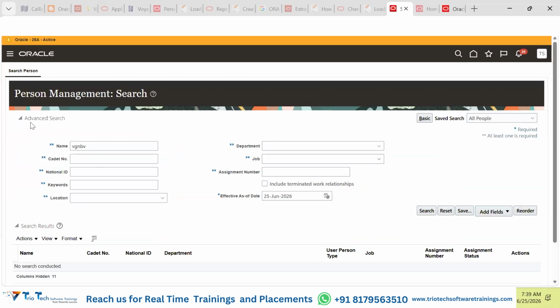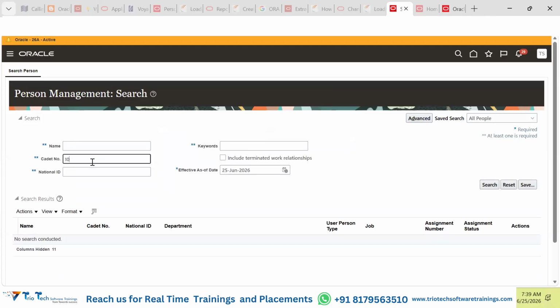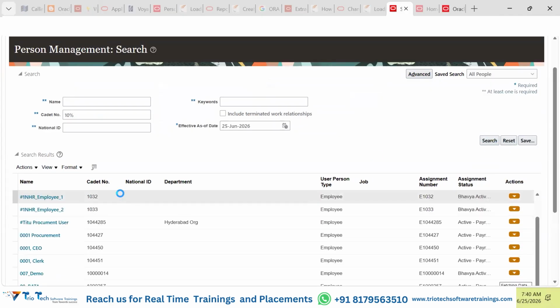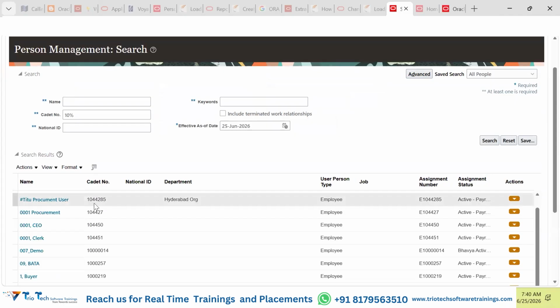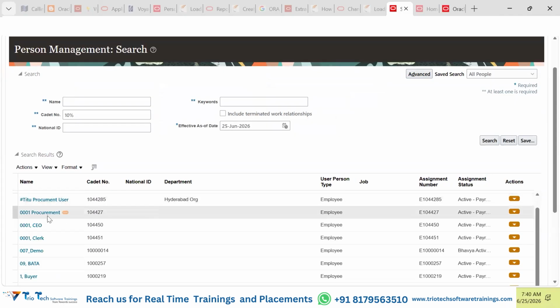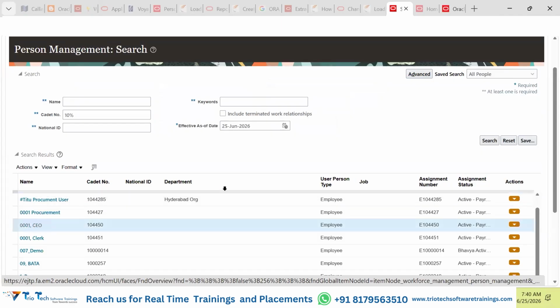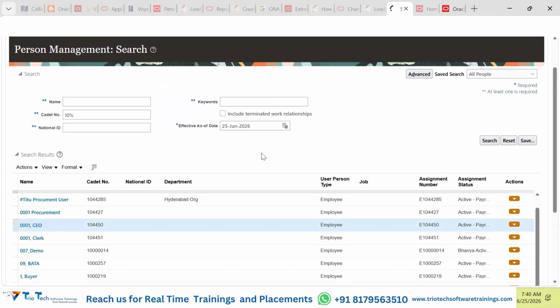It has certain fields in the search pattern. We should be able to search any record. Click onto this. We can give some person number, click onto search. We should be able to see the result, and in the bottom portion we will be getting those results. If we want to use a wildcard, use 10 percentage, click onto search. We should be able to see all the records which are starting with the candidate number as 10. You will be getting a first column as a hyperlink. You want to open and see, click onto this. It will show you more details about this particular person.